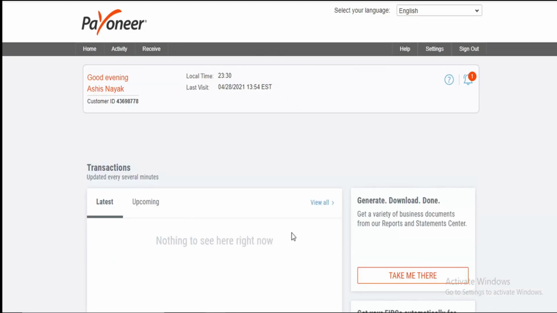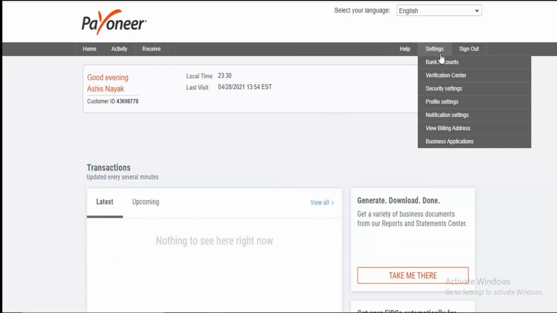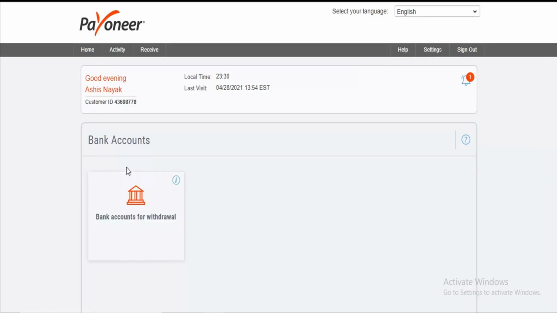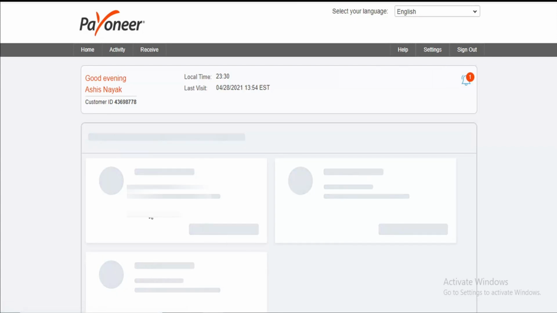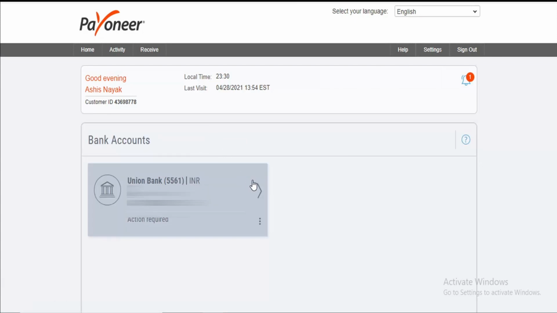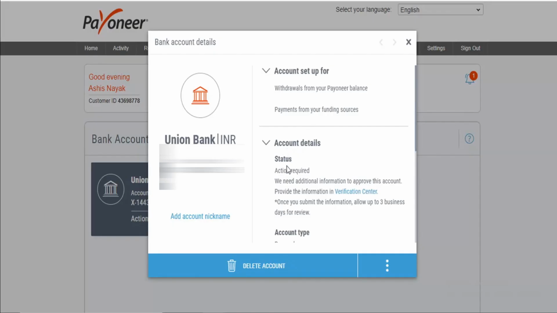Now once you are in your dashboard, just go to the settings, click on bank accounts. After you click on bank accounts, click on bank accounts for withdrawal, and it will show you the bank account that you have just added, and you will see an action required. Click on this and you will see here account details, provide the information in verification center.